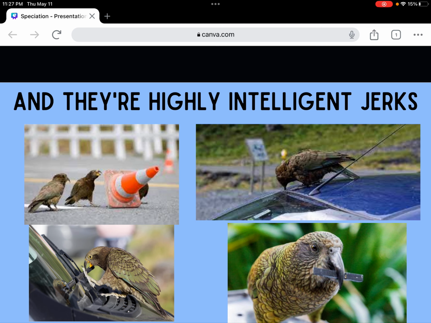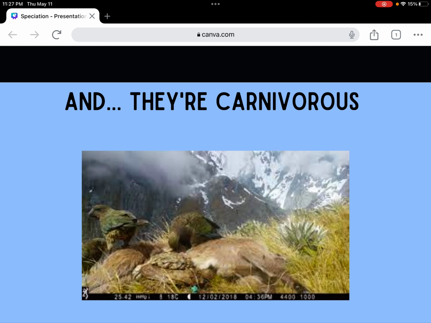They're considered to be most likely the most intelligent bird there is. They can solve complex problems. They can figure out probabilities of events happening, and they will rip apart your car and steal your stuff. It doesn't get any better than that. Or does it? So just like all the other average parrots out there, it eats seeds and nuts and fruits